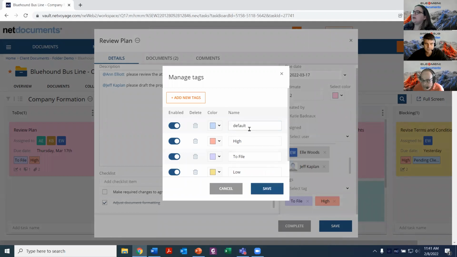And then it assigns it a color and a name. So I would come in and say, maybe I want this to be yellow. I already have a yellow. Let's say green. And I could assign this and say opposing counsel. Maybe this task relates somehow to sending documents or receiving documents from opposing counsel. Again, totally customizable. So whatever you need to tag this task